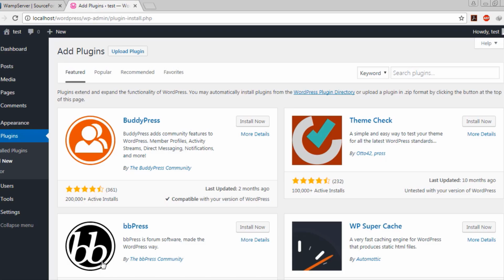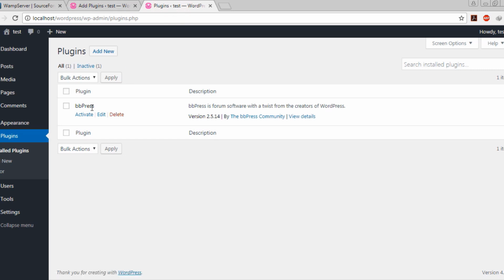So we have this buddypress here. I'm gonna choose install. I don't know why it didn't install the last time. So now if we go to install plugins, you will see buddypress because we just copied buddypress inside our directory of plugins. So it will search for this folder, and if it finds any plugin, it will show it here. So I need to activate it. Click on activate,